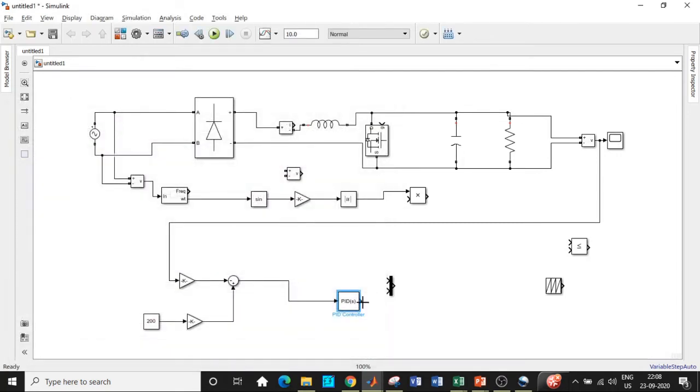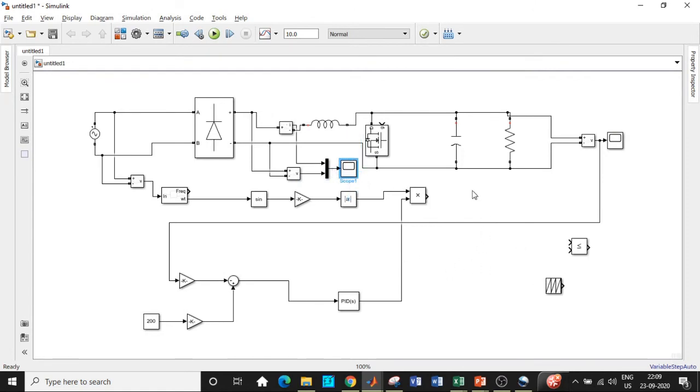So once this is done, I'll be giving this to the product block, and consequently we'll be using a mux over here. So let me delete this, and let me move this at this point. I'll be measuring the voltage at this point, between these 2 points, and I'll be giving it to the voltage. I'll be taking the current at this point, and I'll be giving it to a scope. So control C, control V over here, and I'll be connecting this to the scope in this particular fashion.